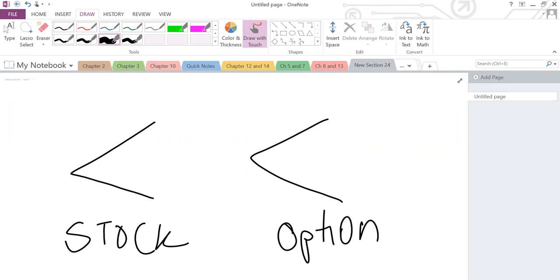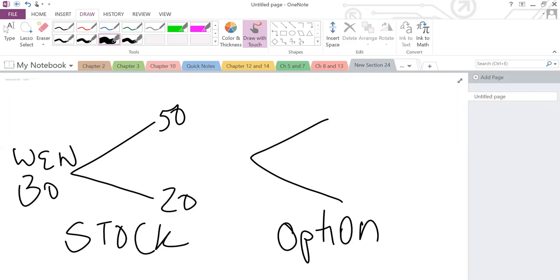Let's assume we have one stock, which is Wendy's. The price, let's assume, is 30. If something good happens and they announce a positive event, then the price of the stock will go up to 50. If, on the other hand, it's a negative event, then the stock may go down